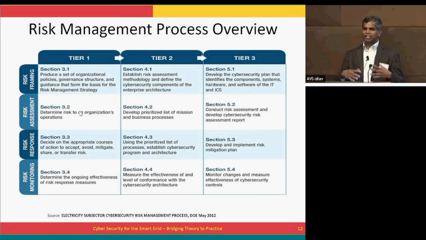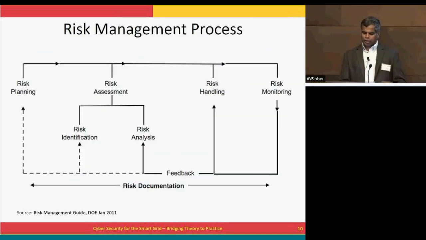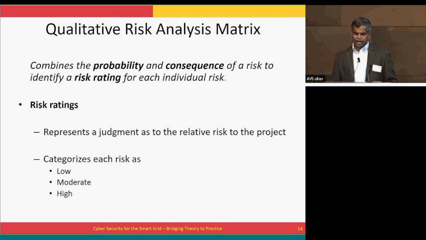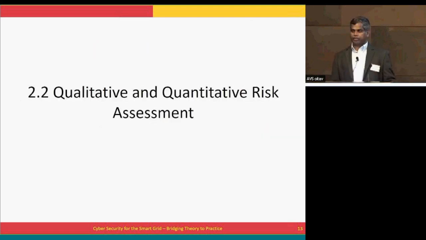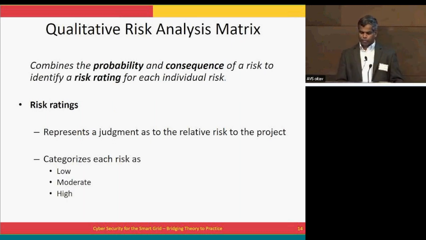So one can look at it as a process. There is no strict way of doing only this way and not the other way, but it gives you a good idea about what can go in as part of this process, who is responsible for what, and how the information flows between different entities. So let me talk about the middle part, or the second step, risk assessment itself, in a little more detail. Risk assessment can be done qualitatively or quantitatively. Each has its own strengths and weaknesses. As I said before, what is risk?